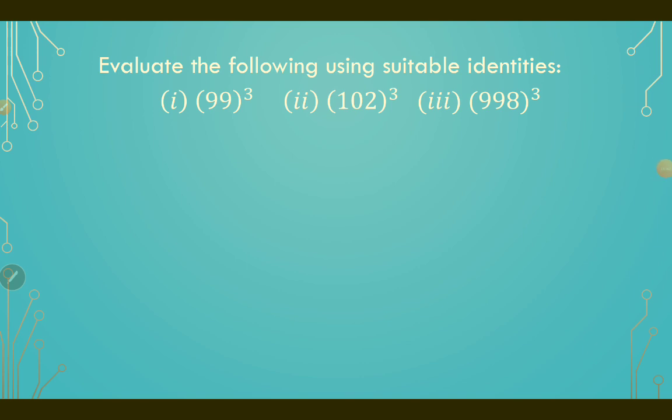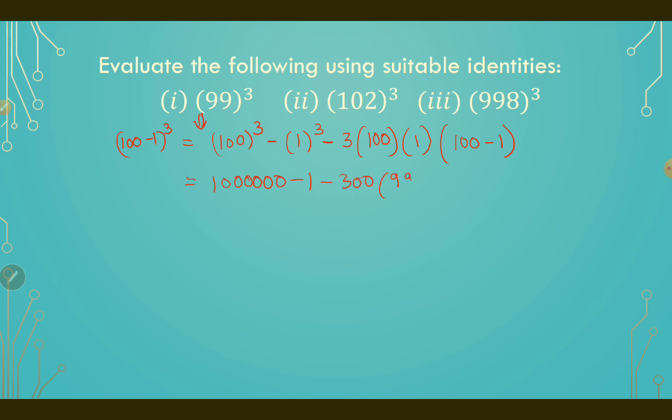Evaluate the following using suitable identities. The first one can be written as 100 minus 1 the whole cube. So that is nothing but a cube minus b cube minus 3 into a into b into a minus b, that is 100 minus 1. So this is 1 followed by 6 zeros minus 1 minus 300 into 99,